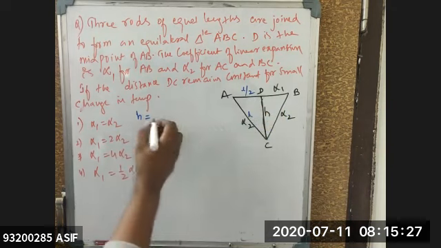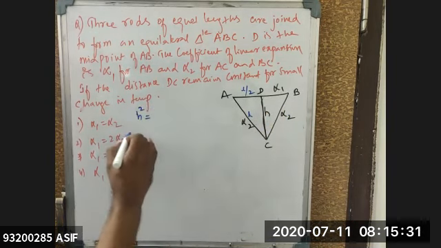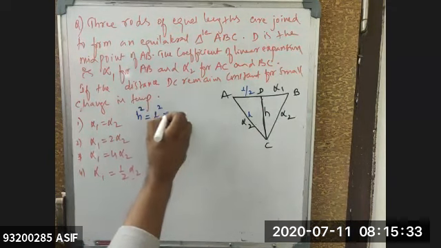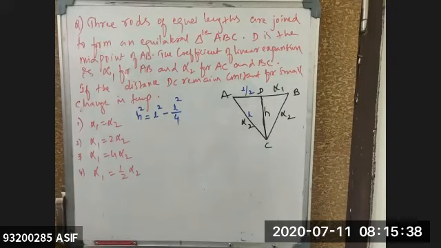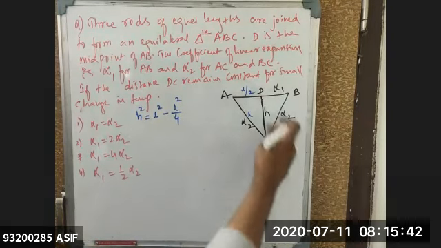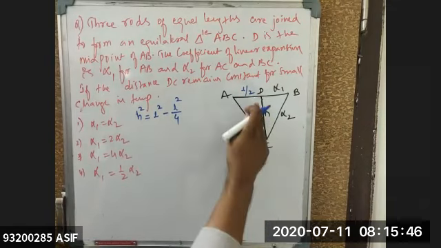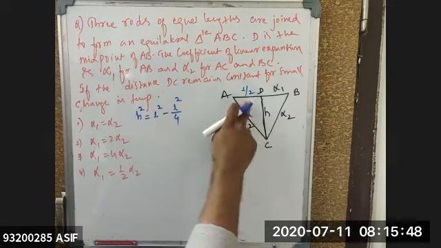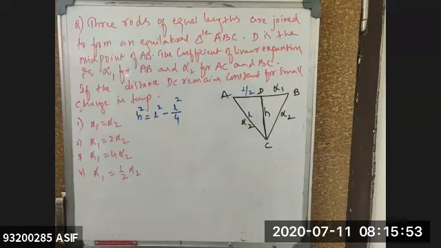Pythagoras theorem, apply yesterday. H square is equal to L square minus L square divided by 2 square, that is nothing but 4. Can I write like that? From Pythagoras theorem, beta, L square is equal to (L by 2) whole square plus H square. So H square is equal to L square minus (L by 2) whole square. Is this step clear for everyone?